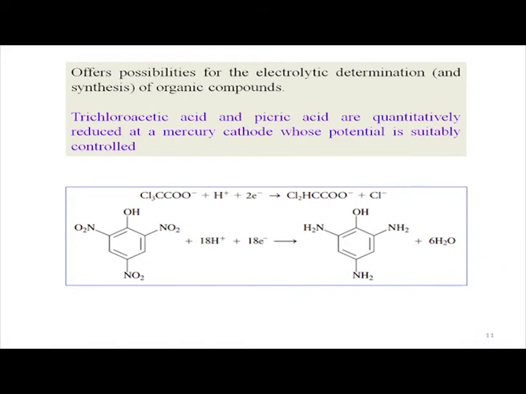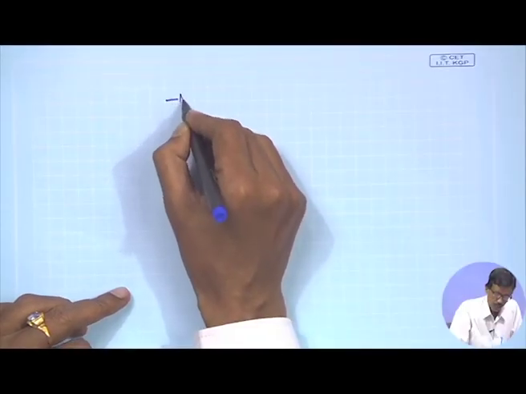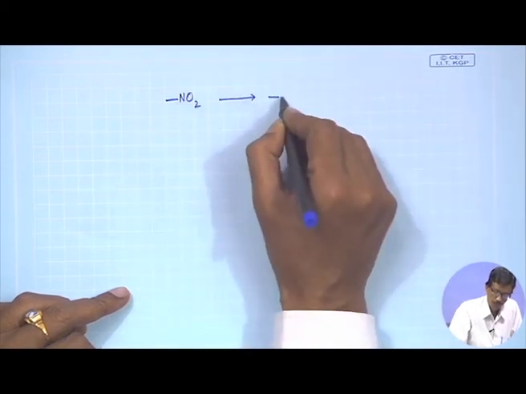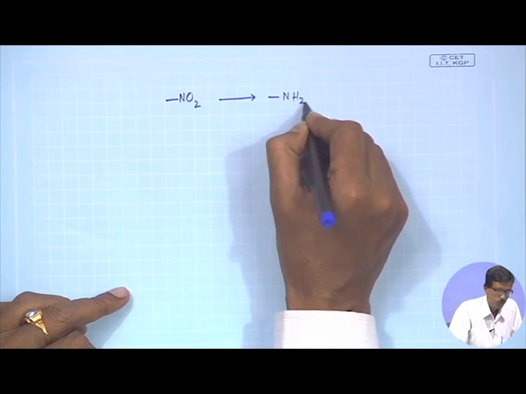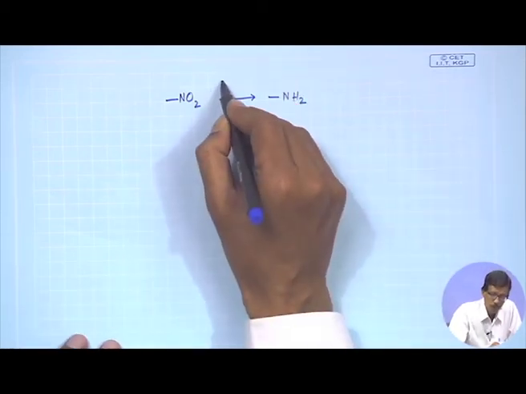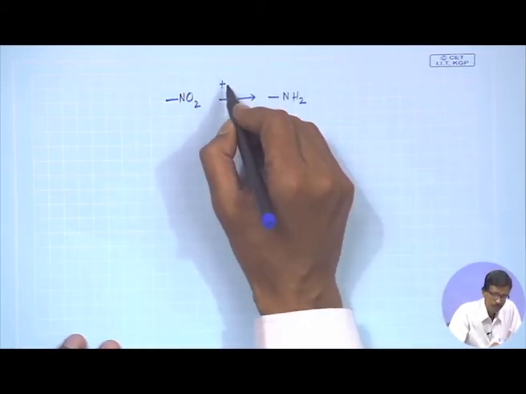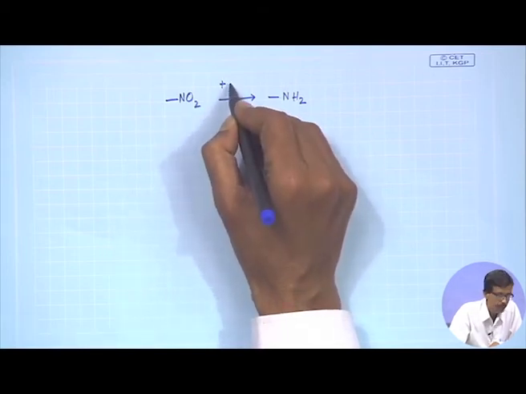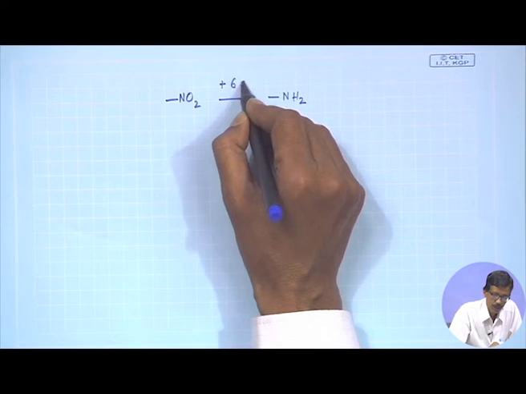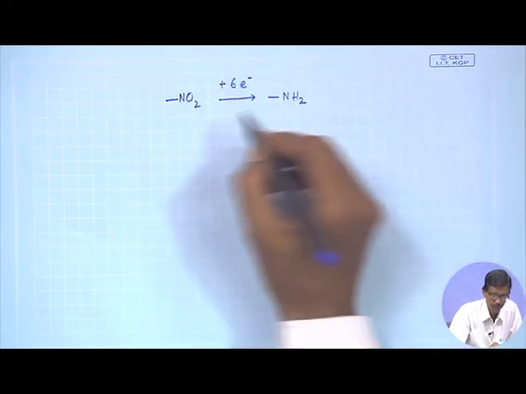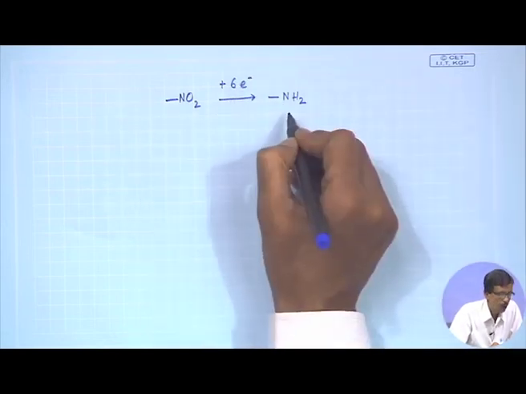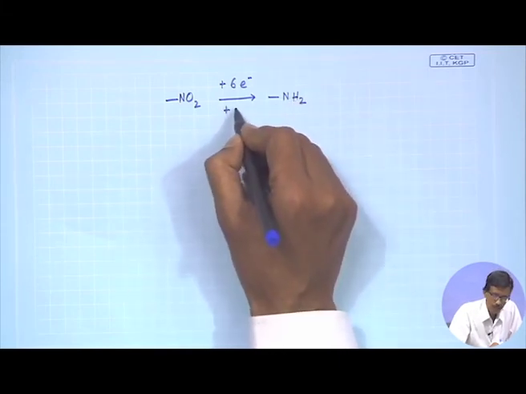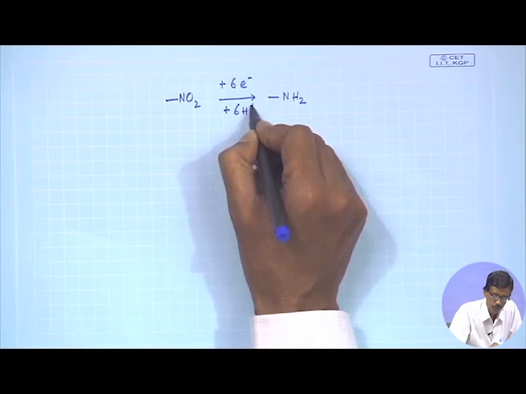That also gives an indication of the number of electron transfers: 18 divided by 3, since you have 3 nitro groups, is 6 electrons. So, not only do you have a 6 electron transfer reaction, but at the same time 6 proton transfers,